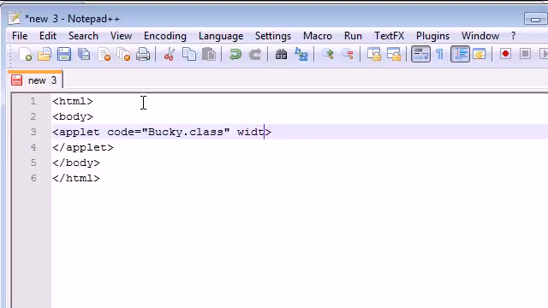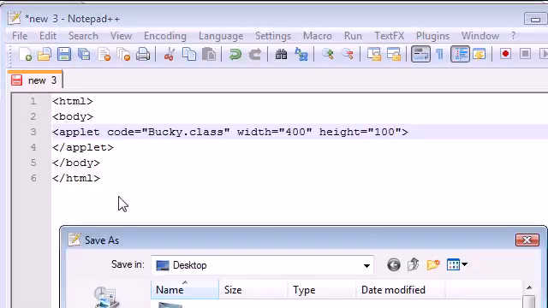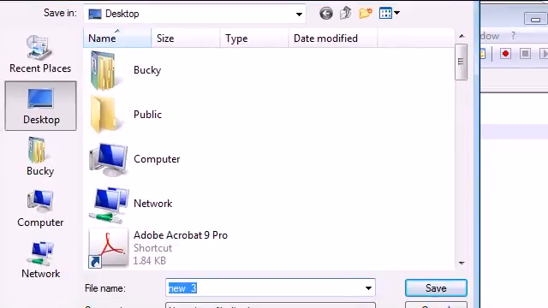and the height. So I'm going to set my width equal to, and this is how big your applet's going to be, I'm going to set it equal to like 400 or something. And I'm going to set my height equal to, I don't know, 100. That sounds about good. So go ahead and save this, and save it as, I'm going to save it as